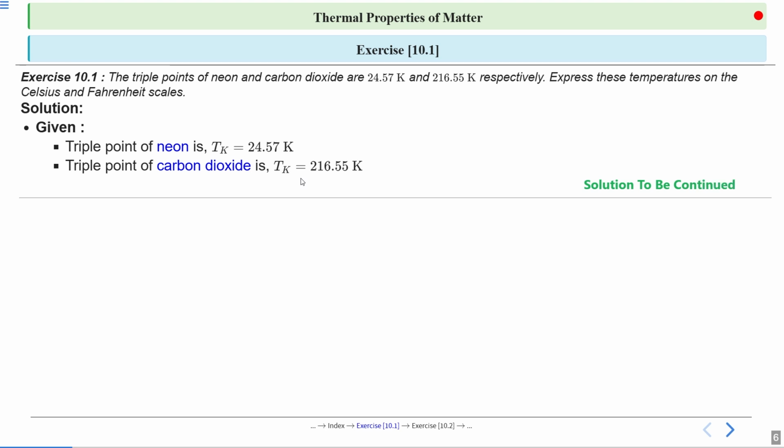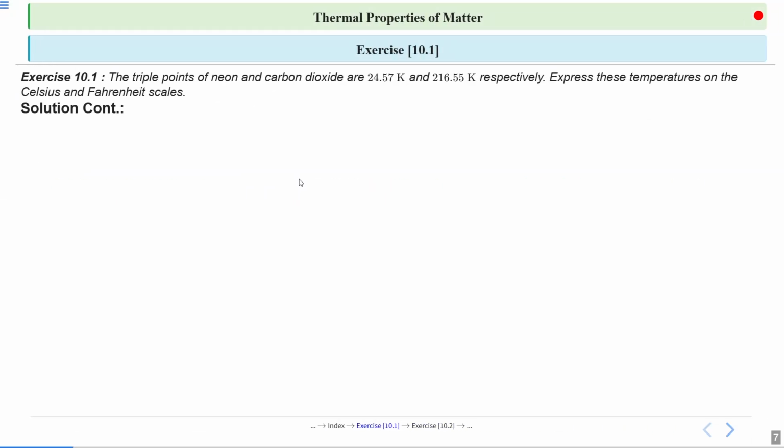Alright. Now, here we have to calculate the given temperatures, the triple points of neon and carbon dioxide, on the Celsius scale and Fahrenheit scale. Alright. So we know Kelvin and Celsius scales are related as